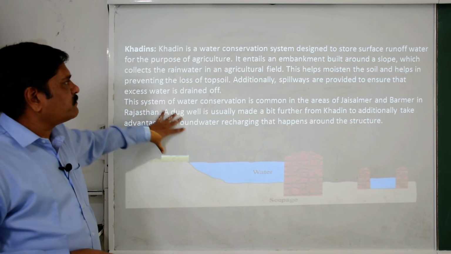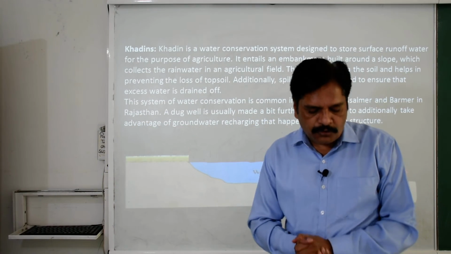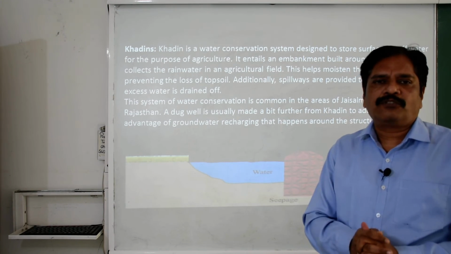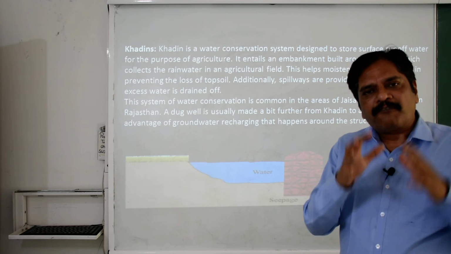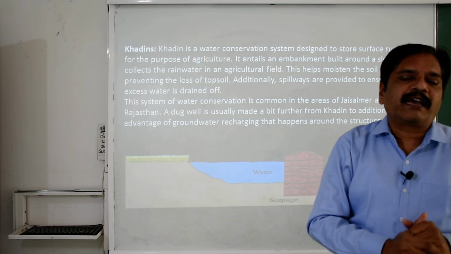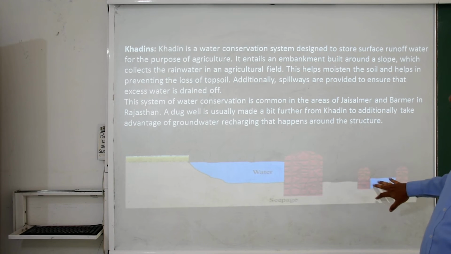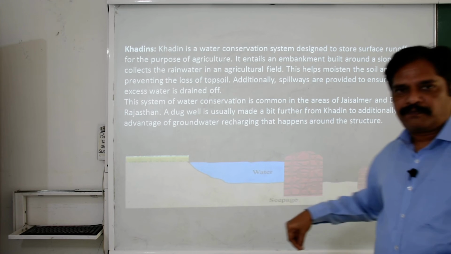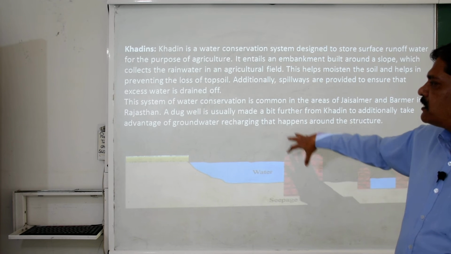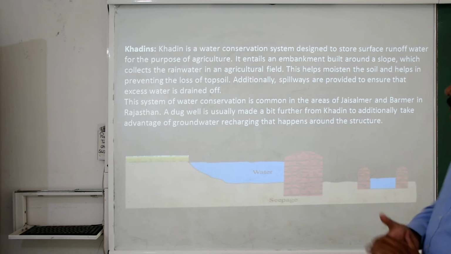Just like the khadin, okay, it is a traditional method of water harvesting. You know that in any region or area, just like in a village, water after falling on the land is surely going to run away in a specific direction according to the slope. Okay, so this kind of construction is built to protect against that. Especially this method, khadins, is constructed in Rajasthan, especially in Jaisalmer and Barmer district.